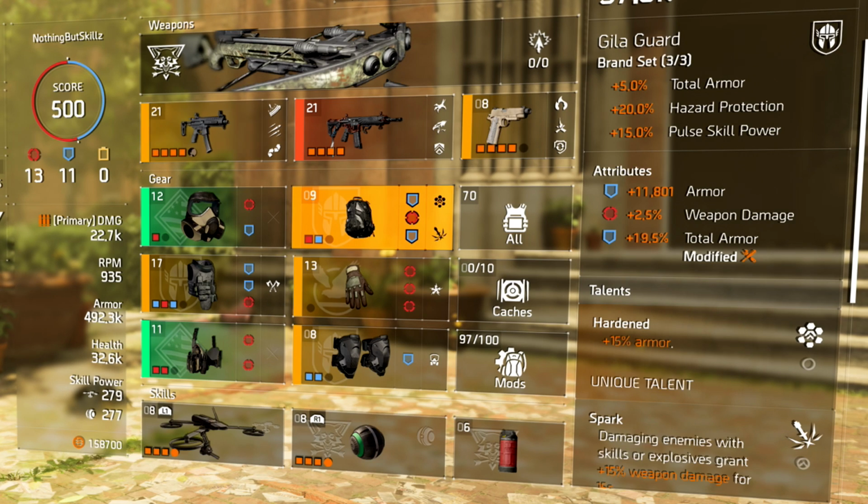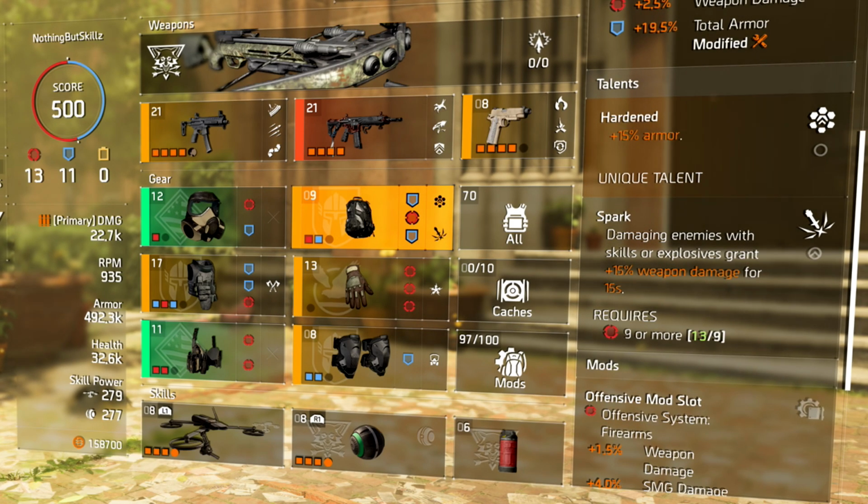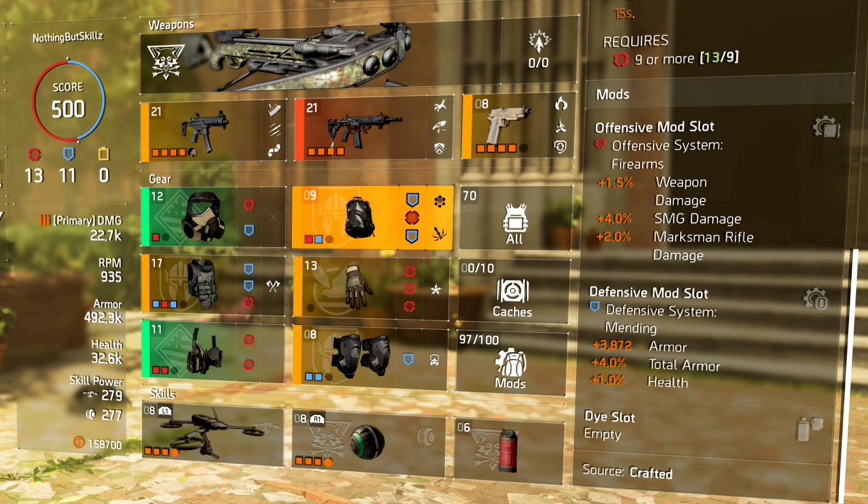So we have armor on here. I roll total armor, and we have weapon damage, and then I have harden for that 15% armor. That's what you want. And then you want spark. Spark's going to require 9 or more offensive. We definitely hit that, but it's going to give us that 15% damage, and it's going to be triggered by our drone. That's why I said if you're not going to run an assault drone, you need to run the